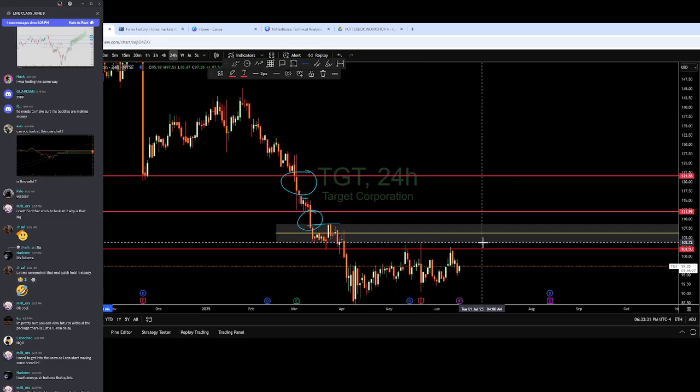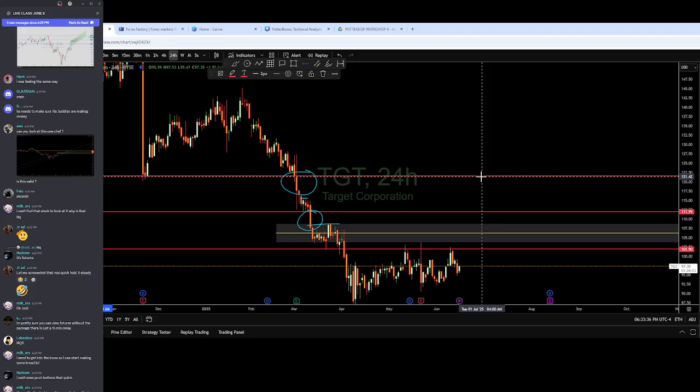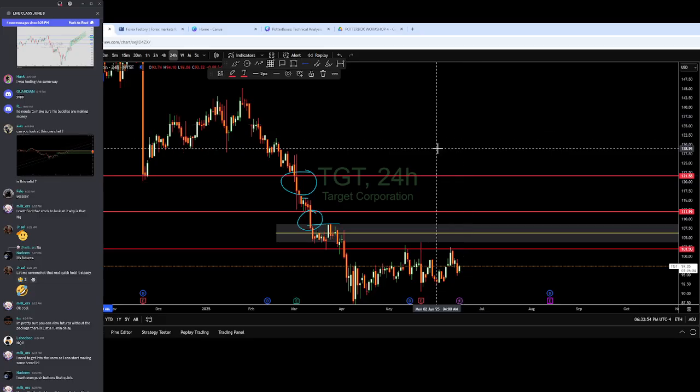So I might take this play outside of 102 and aim for 121. And that would be an ideal entry, right, for target at this point in time. This is why I also have learned to hop off the tee. All right? Eventually, it's dry. You got to go find a new one.